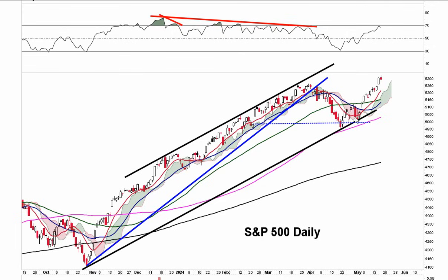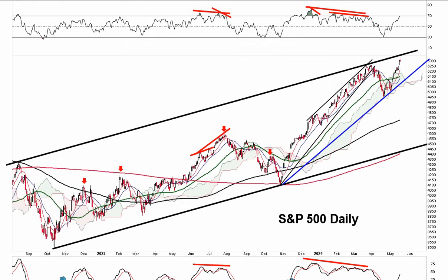So again, this channel right here, we bounced off of it before we ever reached it. And again, if we come back down, we take out this trend line. And again, I've talked about the smaller channel within this larger channel from October 2022. And if we end up turning off of the trend line here, or slightly overthrowing it and then turning down off of it, and coming back down and breaking this trend line, the blue trend line there, then again, eventually we can move back towards the longer term moving averages, the 200, the 400, and this trend line down